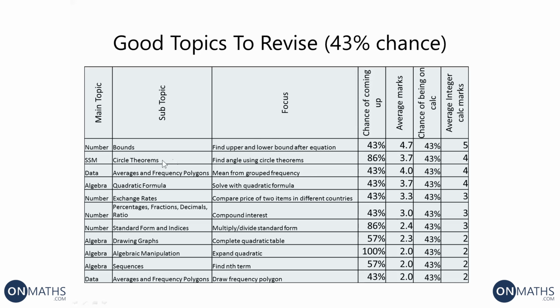Circle theorems, that's one of my favourites, apart from trying and improvement stratified sampling. Circle theorems is one of my favourites to come up. You've just got to learn all the circle theorems. A little bit of a hint, you do need to learn why for some of them. If you have a tangent and a radius coming from it, you need to know that that's a right angle. But if you have a tangent without a radius coming from it, if you have a triangle coming from it,